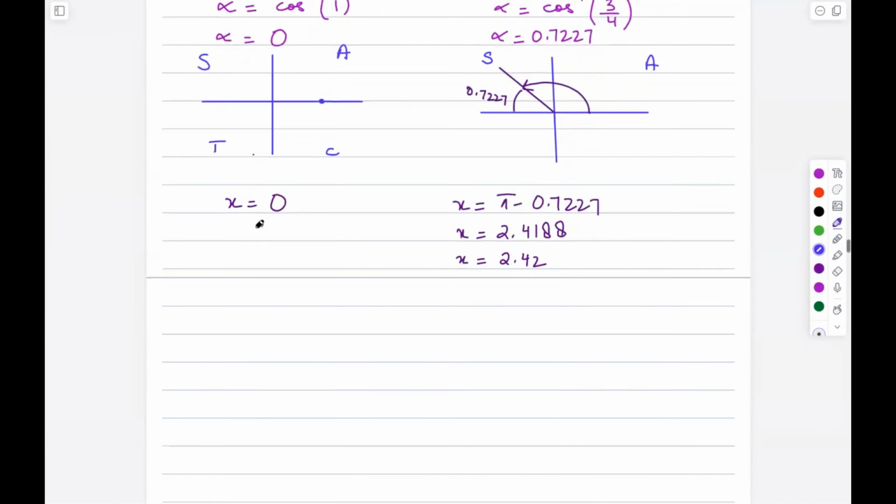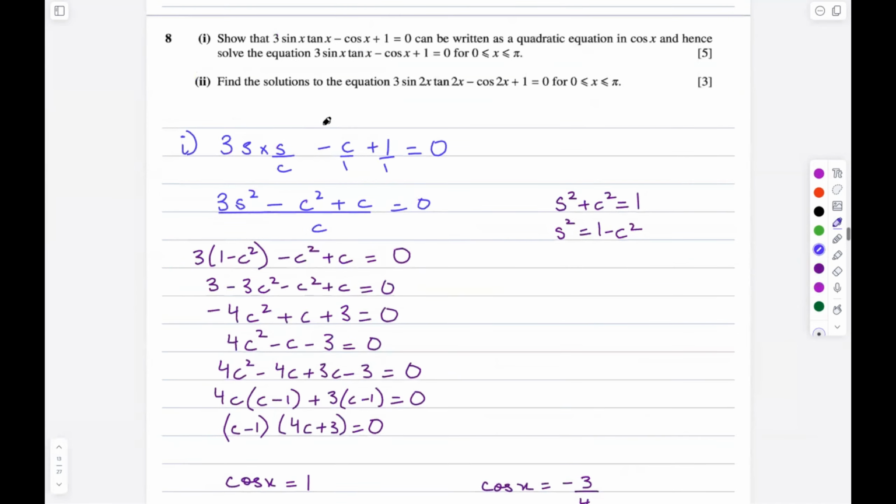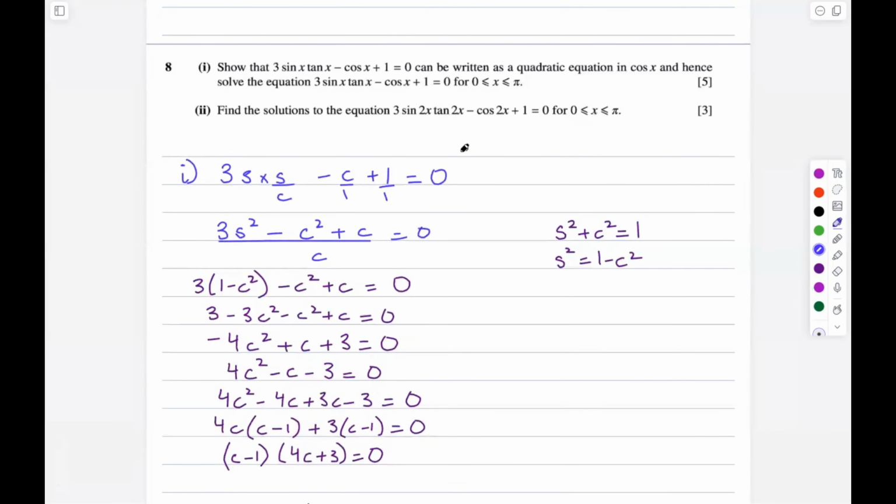So these are the two values: x equals 0 and x equals 2.42. In part 2, the question is, we have to find the solution of the equation 3 sin 2x tan 2x minus cos 2x plus 1 equals 0 for x from 0 to pi. Now this is the same equation as the one in the first part, but the only difference is